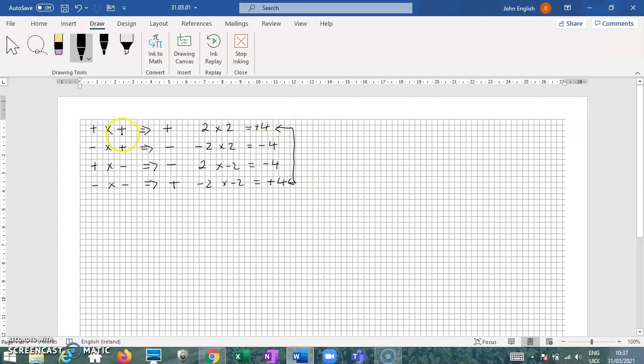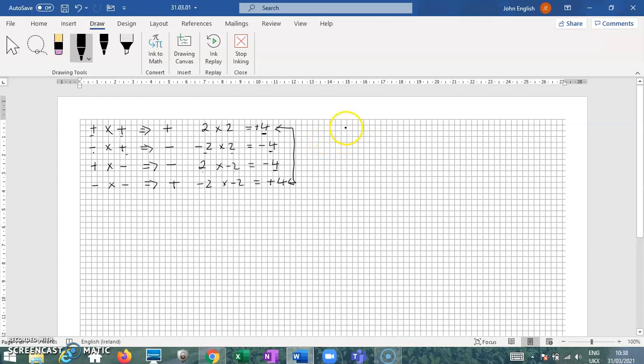You'll notice that when the signs are the same, in other words, a plus there and a plus there, the answer is always a plus. Yet when the signs are different, so you've got a minus here and a plus here, minus 2 by a positive 2, it gives you a negative answer. And a positive 2 multiplied by a negative 2 also gives us negative. And at the bottom, we have a minus 2 by a minus 2, so that gives us a positive answer. A bit strange, but that's the way it is. It applies in